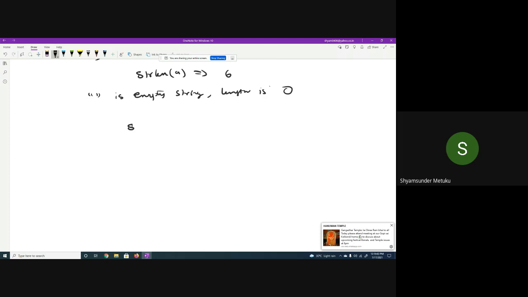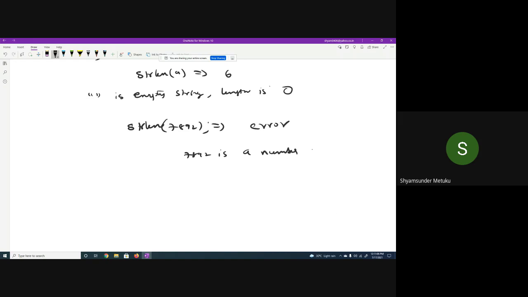Then comes strlen of 7892. Can you tell me what the length is here? 4. There's an error. Why the error? Can anybody tell? No double quotes, sir. Yes, 7892 is a number. It is not an array of characters. In the very beginning I wrote that a string has to be an array of characters.